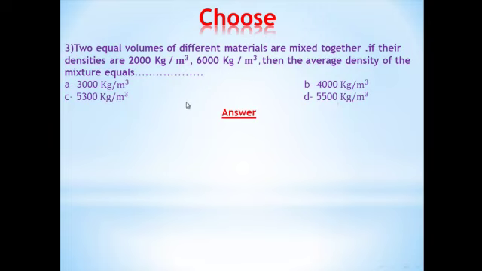We want to get the average density of 2 equal volumes. Do you remember? So rho average equals rho 1 plus rho 2 over 2. So answer B, 2000 plus 6000 equals 8000, over 2 equals 4000 kilogram per cubic meter. Number 4,